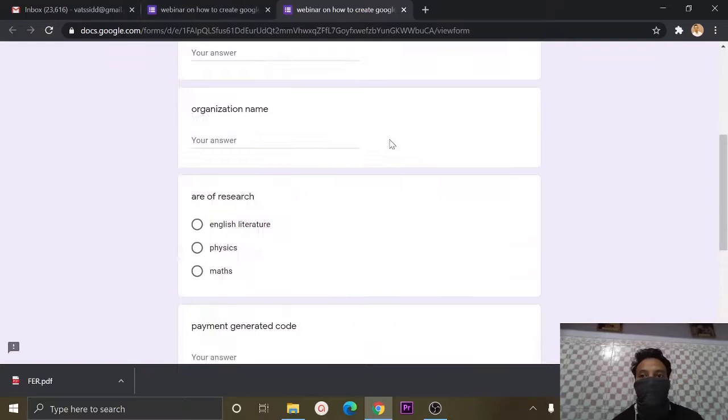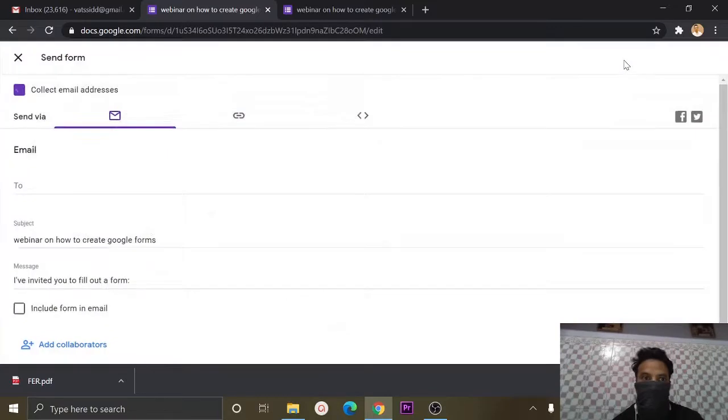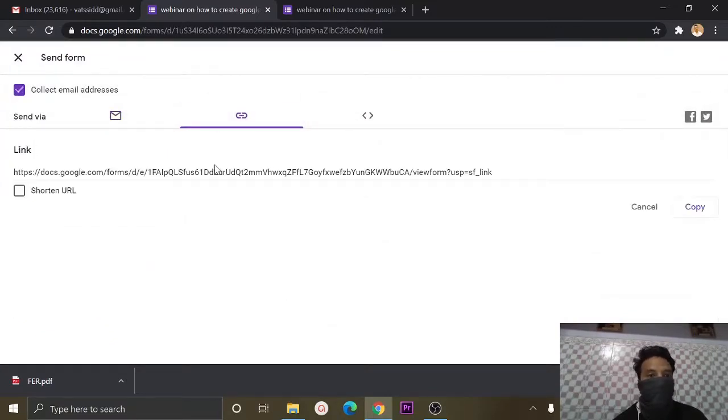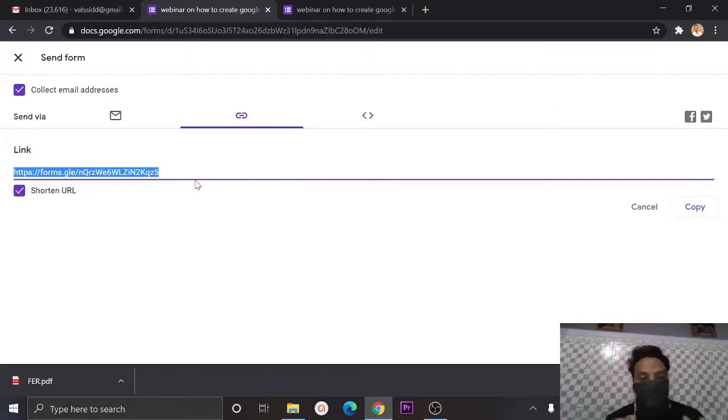So how to send the Google Form. Okay, this is our Google Form. Now this is the send portion. I want to send it via WhatsApp. So this is the link, but I want to shorten the link. So click on this, and this is the short link of the Google Form you have created. By pasting the same link in your webinar brochure or conference brochure, you can get participants to fill it in or register for the particular event via Google Form. So this is the way we create the Google Form. And by this you can copy the link and paste it directly to your WhatsApp.